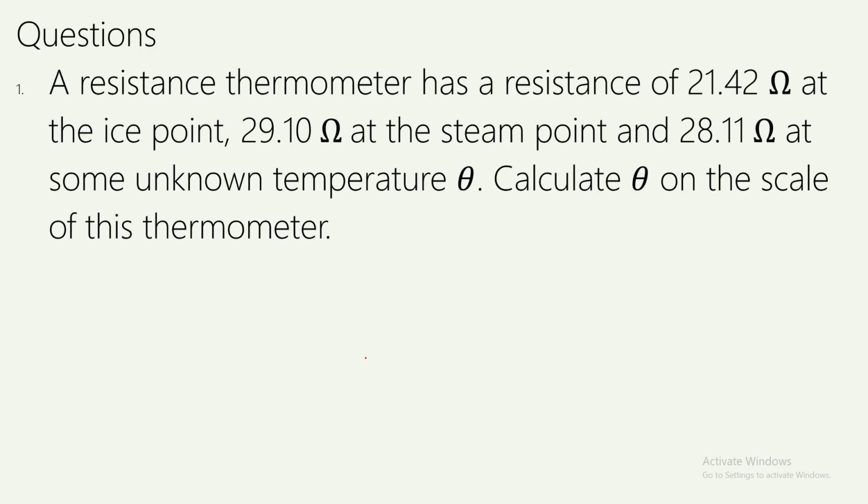Now, I have some questions here for you. Question number 1 says a resistance thermometer has a resistance of 21.42 ohms at the ice point. So remember, resistance at the ice point is called R naught. So we are given that R naught equals 21.42 ohms. At the steam point, that is now R100, they gave us 29.10